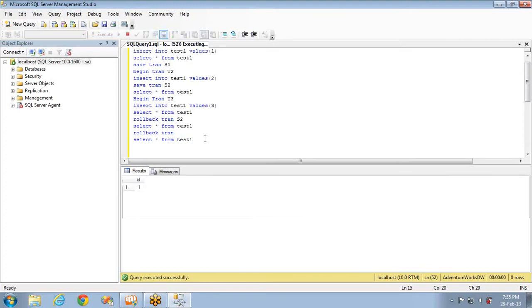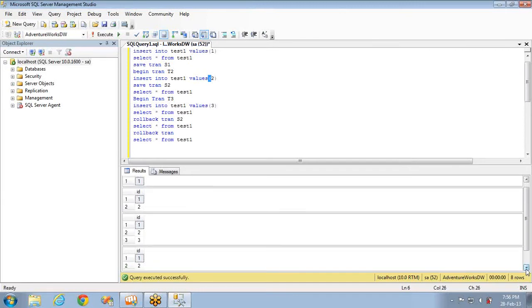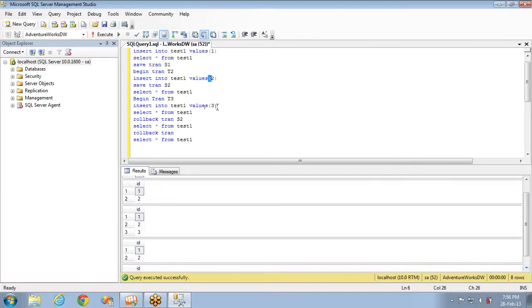If I execute this complete statements now, first it has inserted 1, right? And this select statement is returning ID 1, and this one inserted value 2, and it is saved up to here, and you can see it is returning 2 records, and then we are inserting 3.